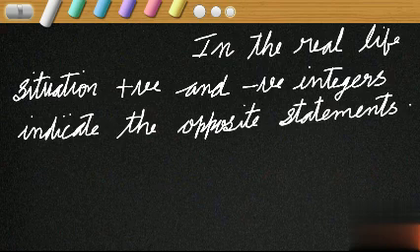That means, as we have explained earlier, if plus 10 denotes the gain, then what will be minus 10? Yes, it will be the loss. If moving towards right is plus, then moving towards left will be what? Yes, minus. If moving towards north is positive, then what will be negative? What is the opposite of north? Yes, south. Then moving towards south will be negative. If height is positive, then depth is negative, like that we have discussed it. Just write it once again.